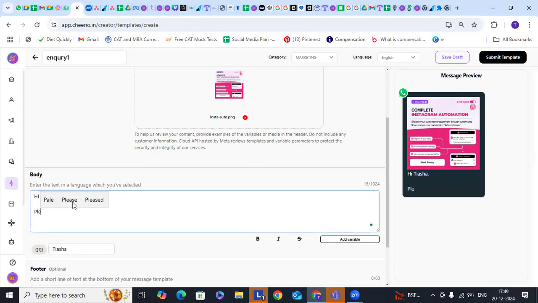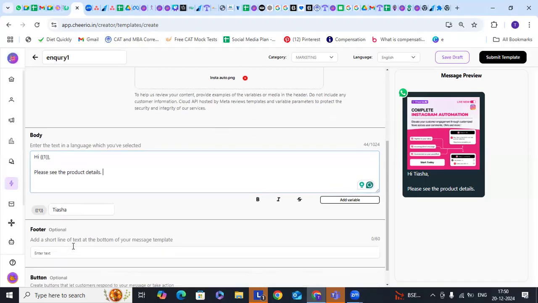Here put, see the product details. So I'm giving a little bit of knowledge here. In case you want to put any other informations, maybe the location, offer details, you can put multiple variables. For each variable, you have to define an example. Again, the variable actual database will be picked while you are sending the campaign. Once it is done, if you want to add emoticons, you can do it. If you want to bold or make an italic, please use this as an example.